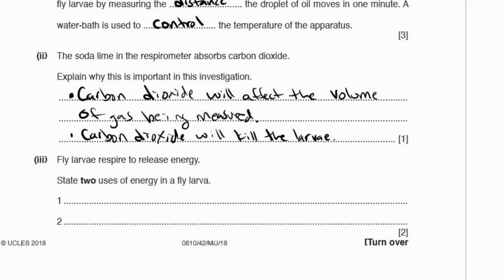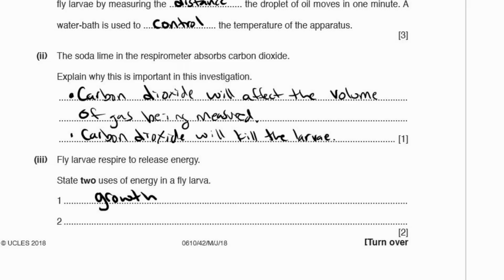3. Fly larvae respire to release energy, just like every other organism that's not a plant. State 2 uses of energy in a fly larva. So what do they use the energy for? Oh my gosh, this is one that you should be able to get an easy 2 marks for because there are so many things you can put down. You can say it's for growth